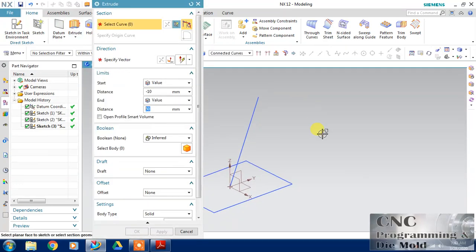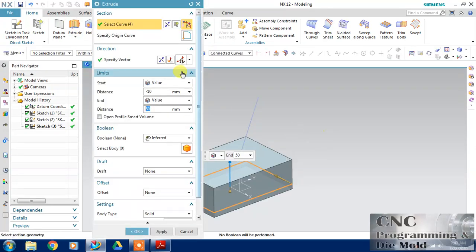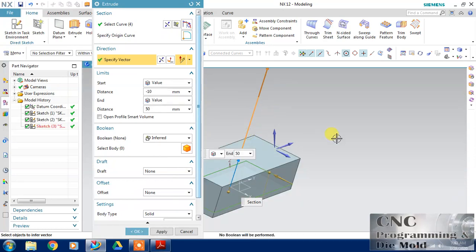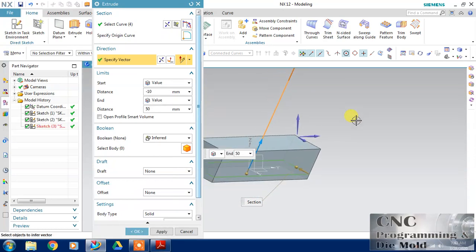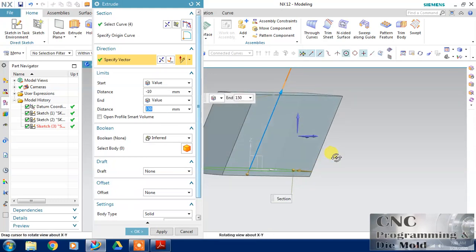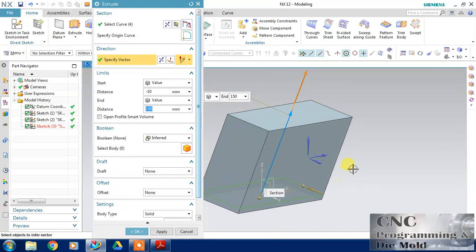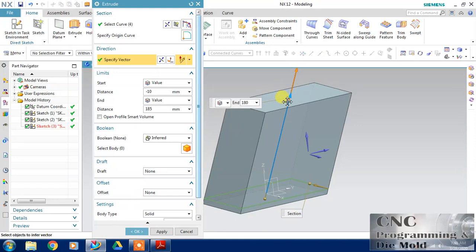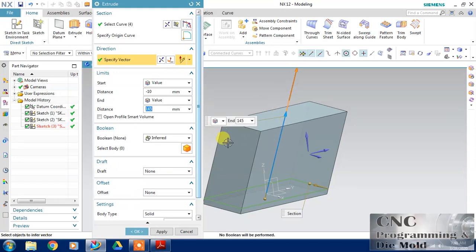This time just extrude this, and for our vector I choose this, this is my direction. So this time extrude will go in a specific direction. You can see it is going with respect to this line.